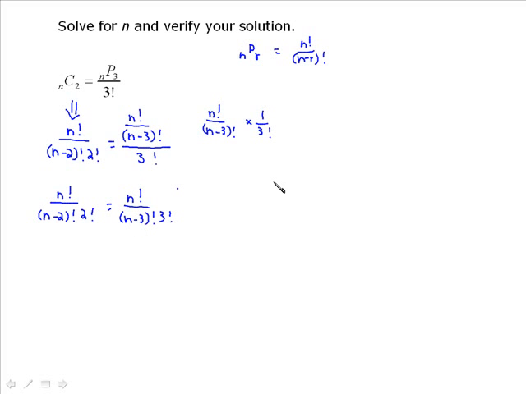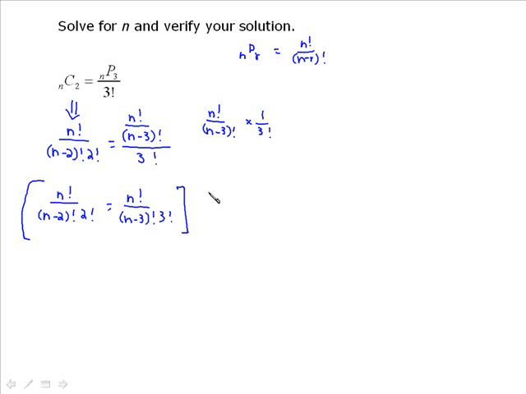It really doesn't matter. What I'm going to do, just to do things a little bit fancy, is multiply everybody, not by n minus 2 times n minus 3, but rather I'm going to multiply both sides